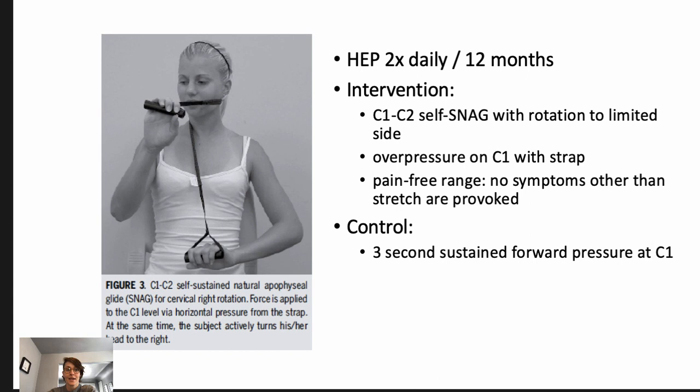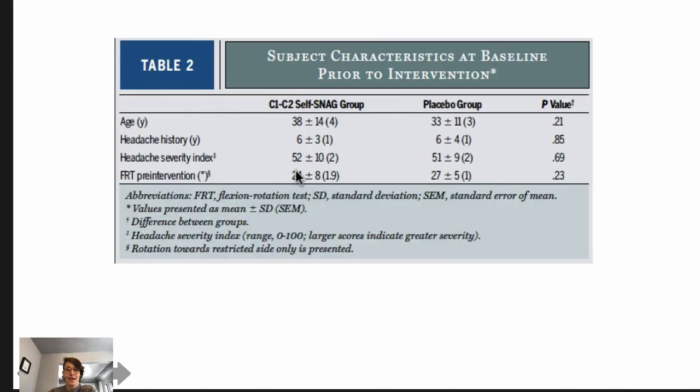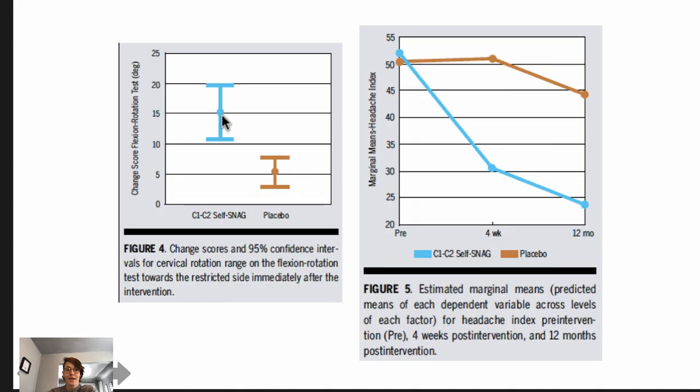The control group just did a sustained forward pressure at C1, so instructed to find C1 and then provide some sustained pressure just so that there's some equality between groups. So changes in the flexion rotation test you see there on the left. Obviously there's a greater change for those in the SNAG group. Remember that they started about 24 degrees and gained somewhere around 15 degrees. So they're getting pretty close to normal,